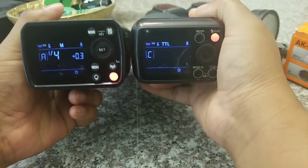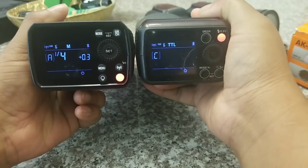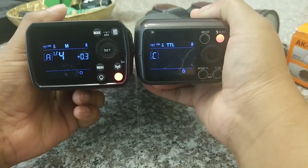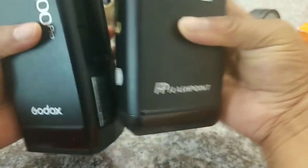So the screen is pretty much the same brightness. There still isn't an option, and maybe it'll come with the update, to update the screen. But I'm going to be honest, in most situations, after you change the group, there's not really any other reason to touch this screen, but it is what it is. But the screen is pretty much the same brightness. And as you also can tell